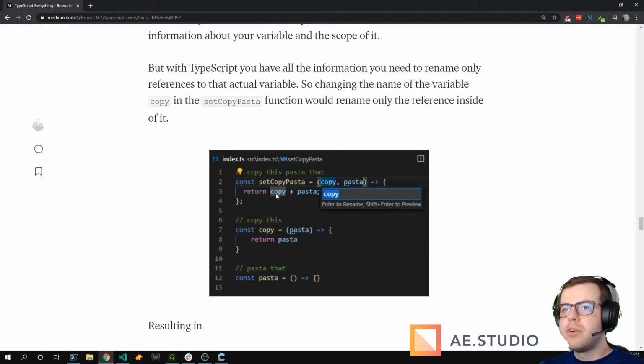I also have the word copy in another comment of another function, which is called copy, and I can rename just this variable and just what references it. So I can rename just this parameter and the variable inside this scope.